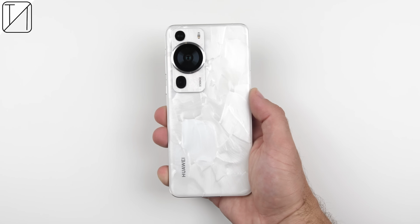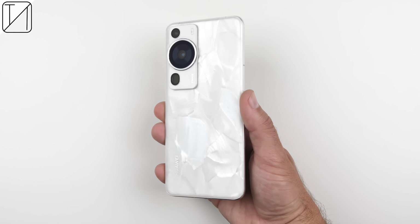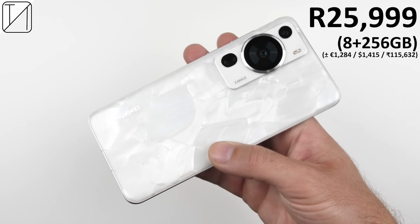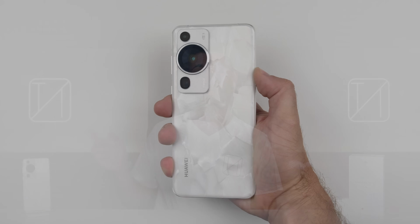As mentioned earlier, the device is about to hit shelves in the global market, which includes my home country South Africa, where it will be retailing for 25,999 Rand. The Huawei P60 Pro's design has changed quite a bit since its predecessor, which launched almost 2 years ago, and it is vastly different from its counterpart, which recently released, that being the Huawei Mate 50 Pro,